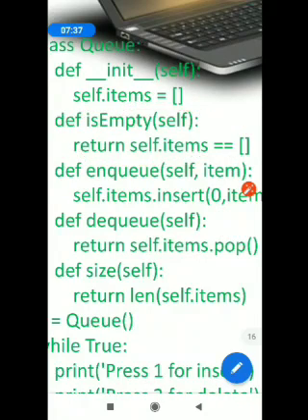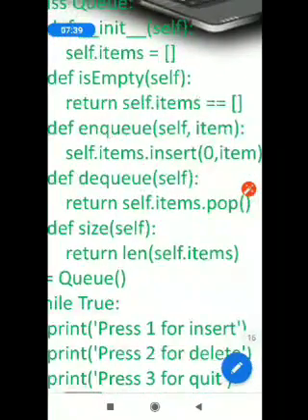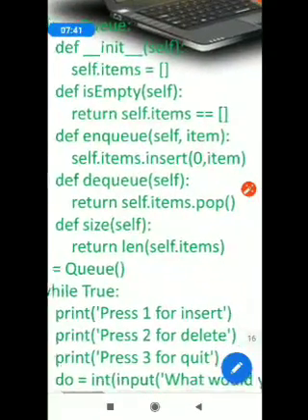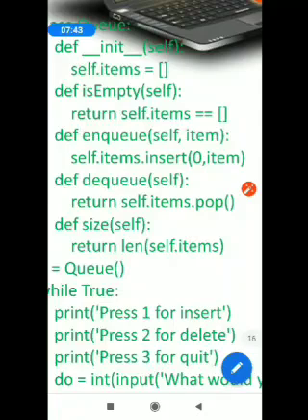Then we have the insertion operation in Q, in which we are using the insert function. I have written def, the function definition, the function name, and I have written self, item. Self is the self pointer, means the list itself, and the item is the item to be inserted.